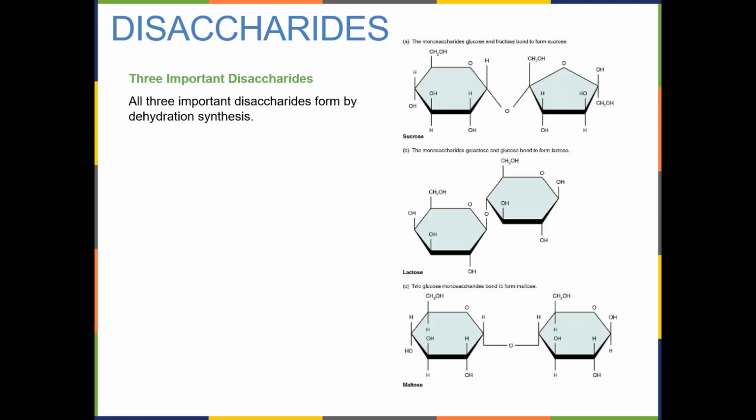If we have, for example, there at the top is sucrose, which is glucose and fructose. If we link galactose and glucose, we get milk sugar. And if we link two glucoses together, we get maltose. Now, the only difference here is that some of the configurations of these sugars may